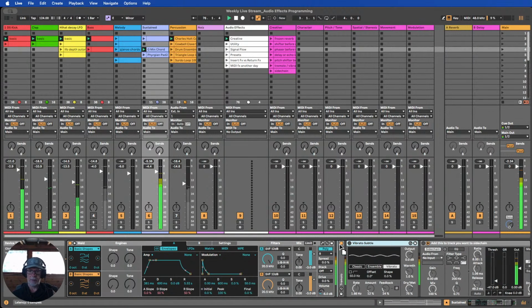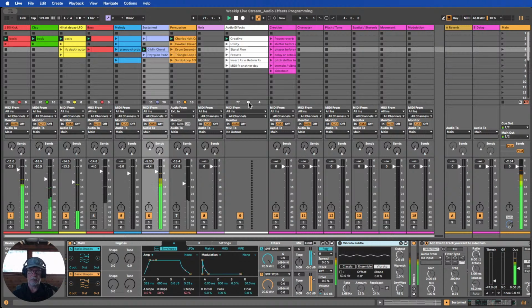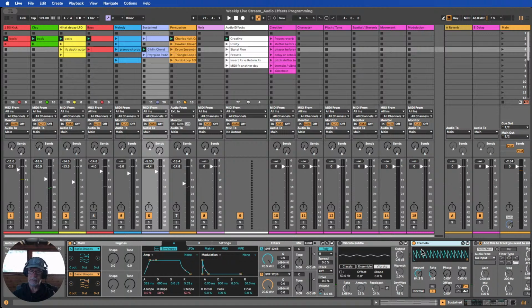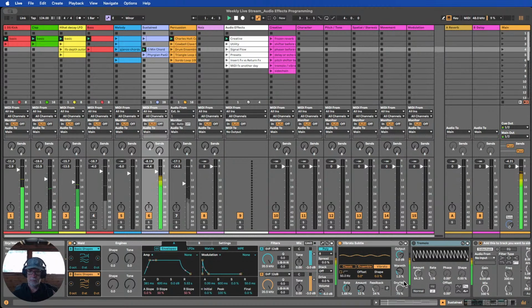Let's say we put the vibrato in front of the tremolo and look at the other character that's been around in music for a very long time, vibrato. So tremolo is volume and vibrato is pitch. And now we can make the pitch wobble a little bit on this particular track. So I've just switched the tremolo off for a second. And we've now got vibrato in this chorus turned on over here. And if we start to bring up the amount,